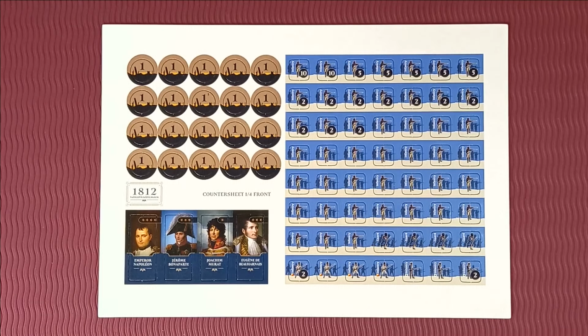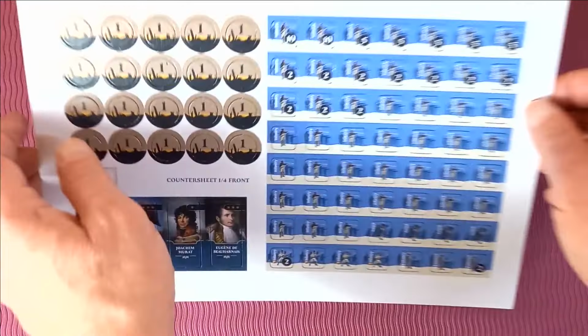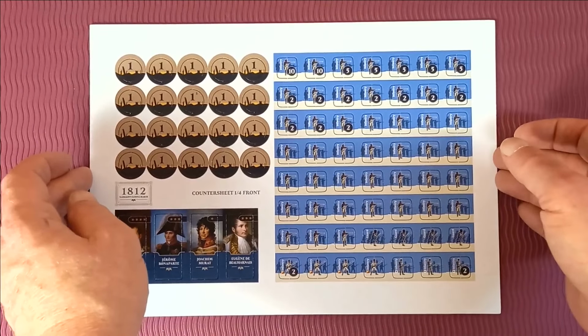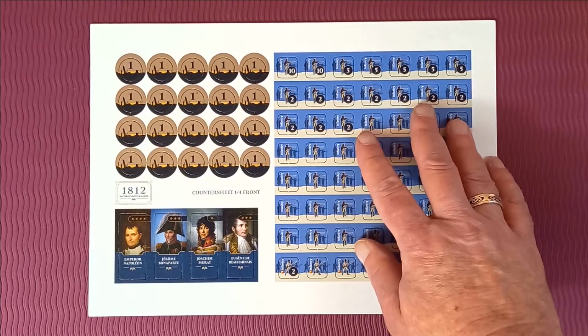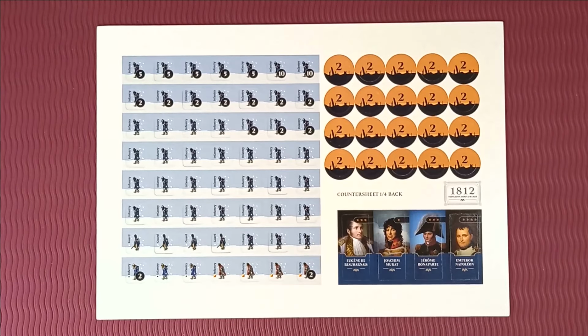Next, there are 4 counter sheets, and here's the first one. Pre-rounded, punch out easy, that we're used to now with Vuca simulation games. Nice thickness to the card. So here's the French troops, got some leaders here. And the other side,